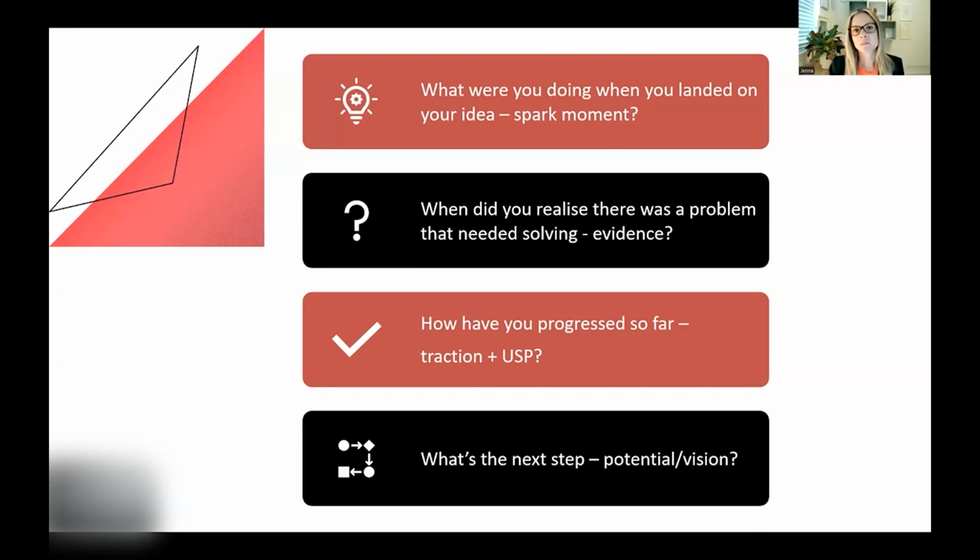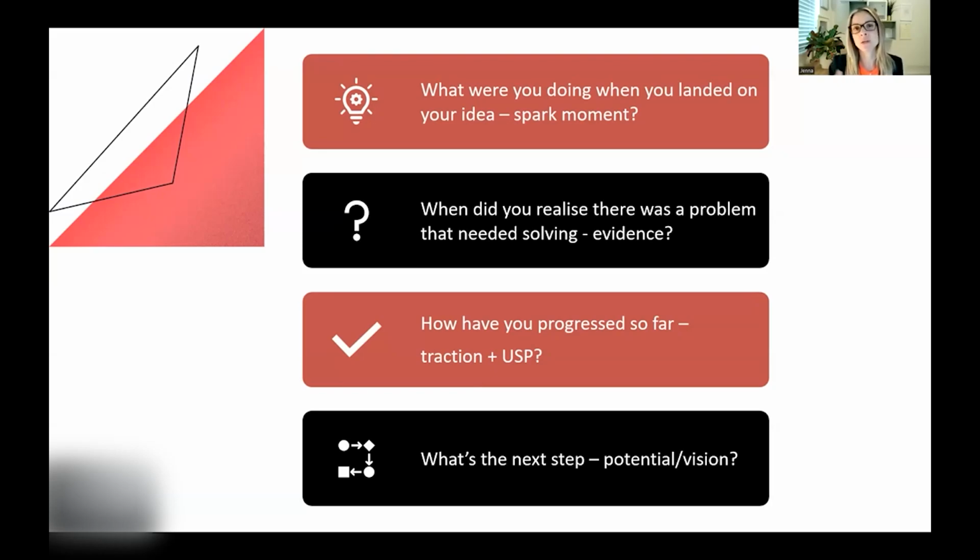And then the next part to think about is the how, in terms of how you've progressed so far. So what's the interest in your business? This is what we use this word traction for. It's a term you'll probably come across quite a lot throughout your journey. It really just means, what's the interest in this problem or the interest in your business? So this could be, as a starting point, as an early stage founder, the research that you've done behind the problem you're solving. You can prove that there's a need for this. You might have done some research with individuals, you might have done some surveys, and you've got some stats to back that up. X number of people believe this, or maybe you've got some other data to pull on.